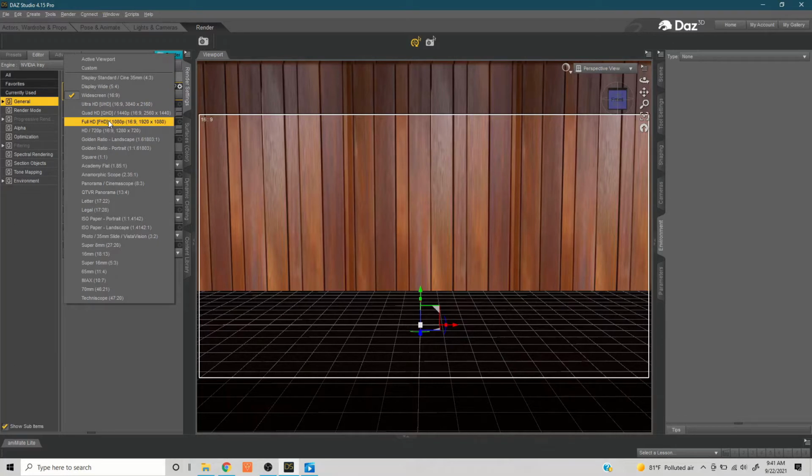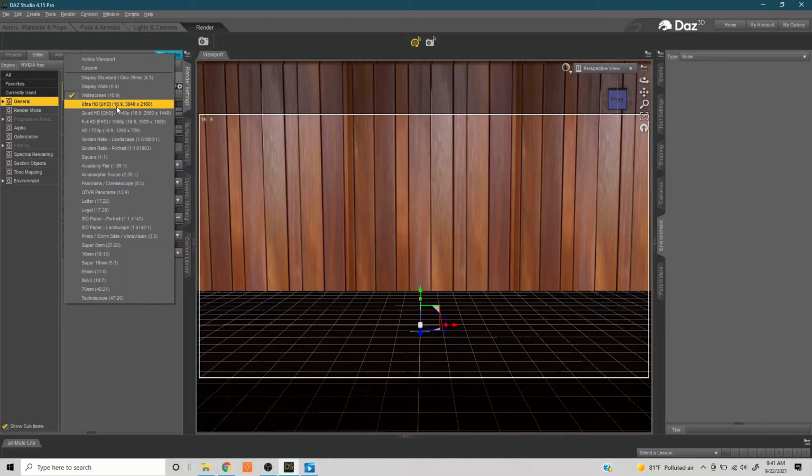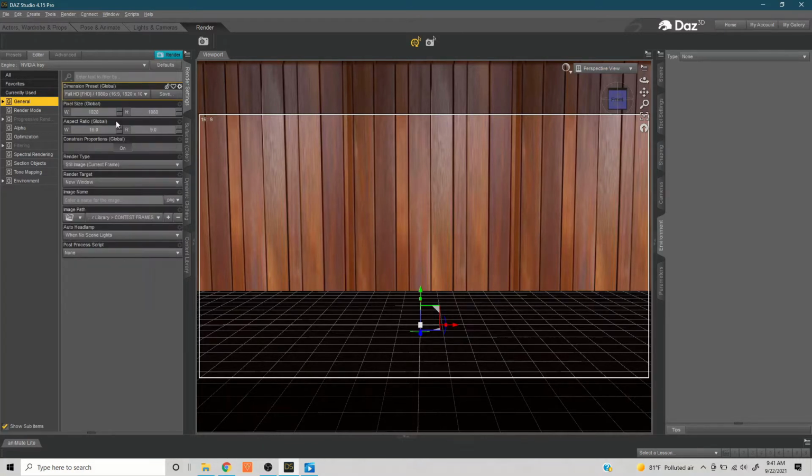If I did that, that's not going to render out at, see, notice here's the pixel size. See, it doesn't match. So if you were to try to put this in your editing program, it's not going to match your HD. So for HD, you want to get full HD. That is going to be 1920 by 1080. That's your standard 1080p. If you're doing something for YouTube,